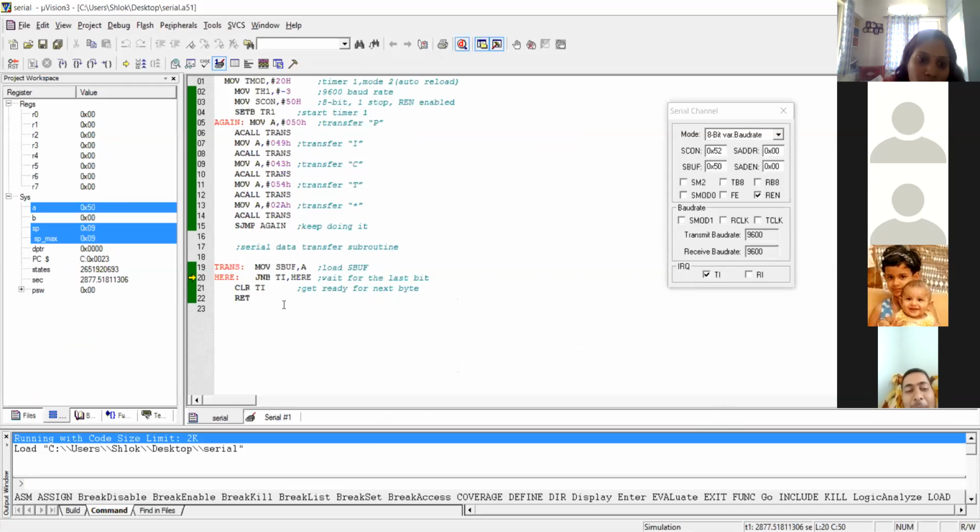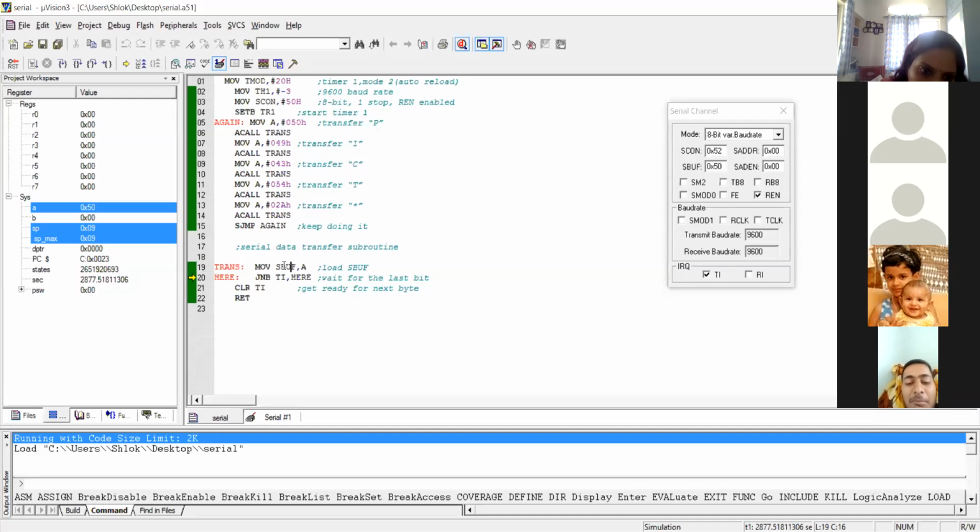Now see, SBUF register, A accumulator. Here 50 is transferred to the accumulator, and the accumulator we are transferring to SBUF, because we make an absolute call to our routine, which we call a trans routine. That's why the accumulator value is transferred to the SBUF buffer register.